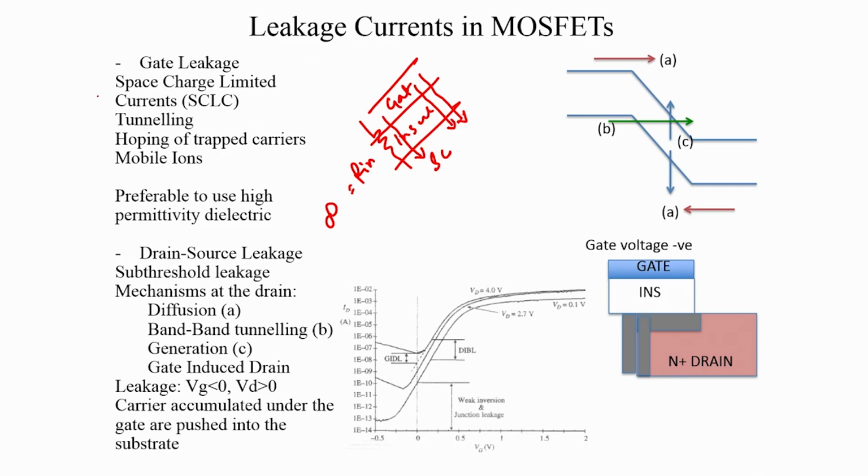The first mechanism is something called space charge limited currents. It is a drift driven charge transport, but it is called space charge limited because depending on your structure, so depending on the trap state density inside the insulator, or depending on the quality of the insulator, you could have different mechanisms of transport where the transport is limited by space charge, which is in this case the electrons themselves. So, the idea is this: you have